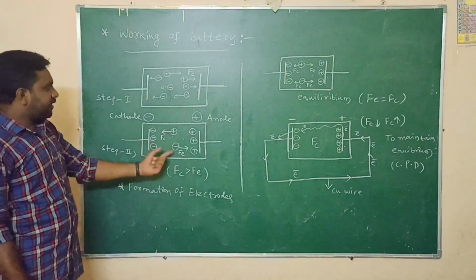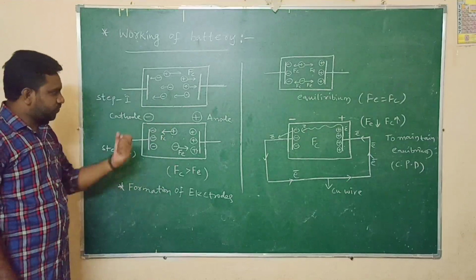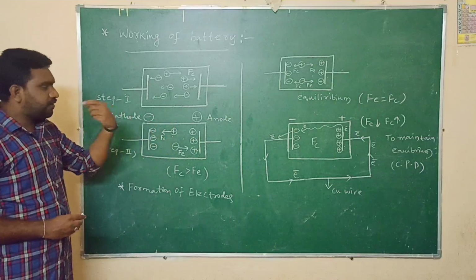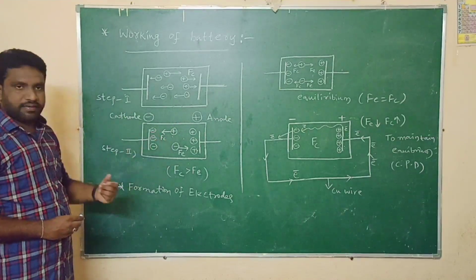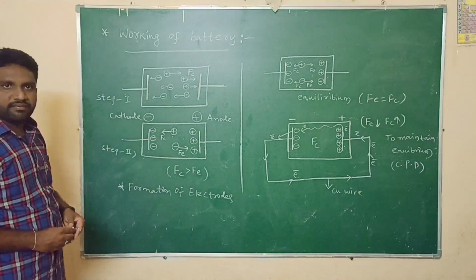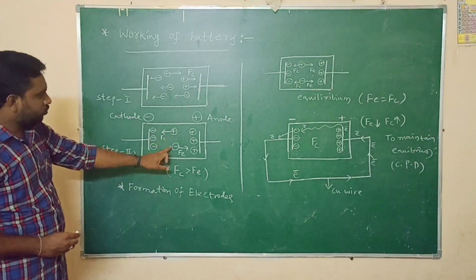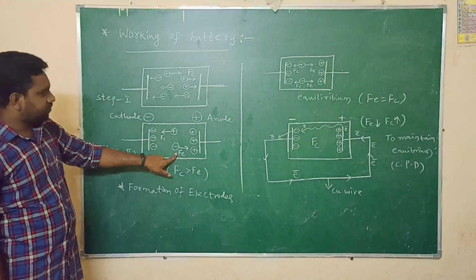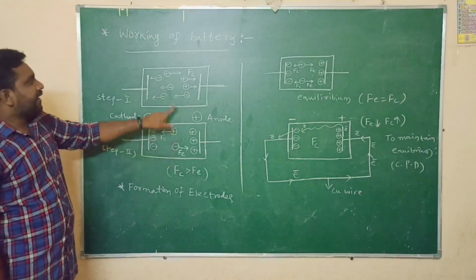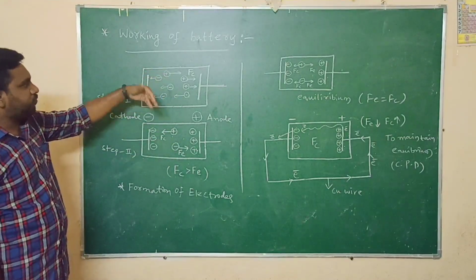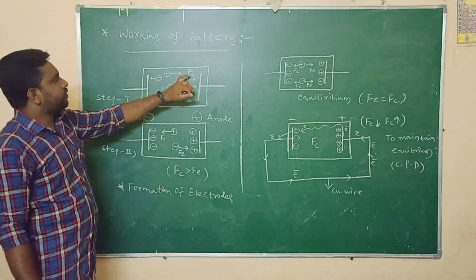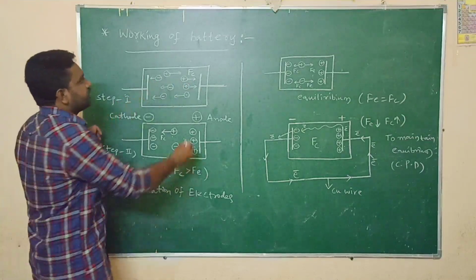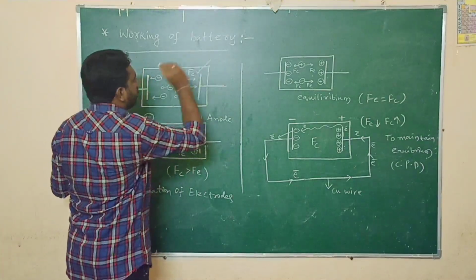Due to the movement of these remaining positive and negative ions present in the electrolyte, another force comes into play in the case of a battery. This force is not due to the movement of ions; another force is going to act on the ions. This force is nothing but the electric force. Before the formation of electrodes, one force comes into play here. That force is nothing but the chemical force. So in the first diagram, only the chemical force acts.